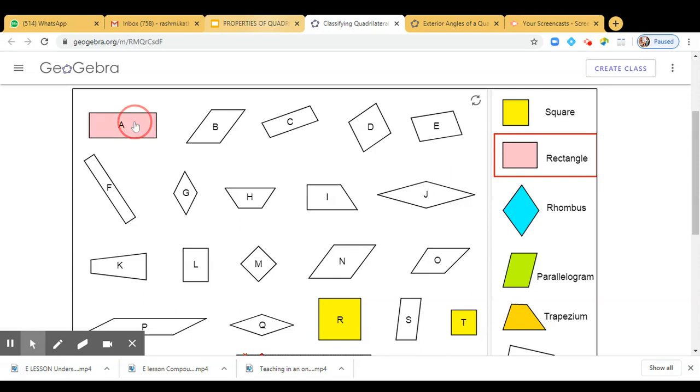So they can observe the shapes which are there on the board in front of them, and you can share the link of this applet with them while teaching online as well. They can do lots of creative stuff and share back their screen with you, and their responses may be a screenshot, and then you can ask the students about this activity's result.